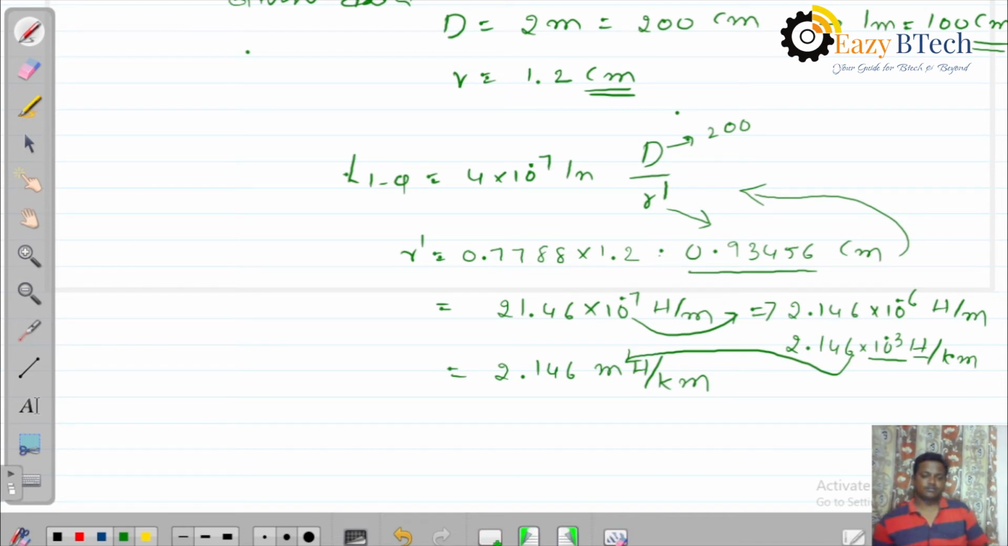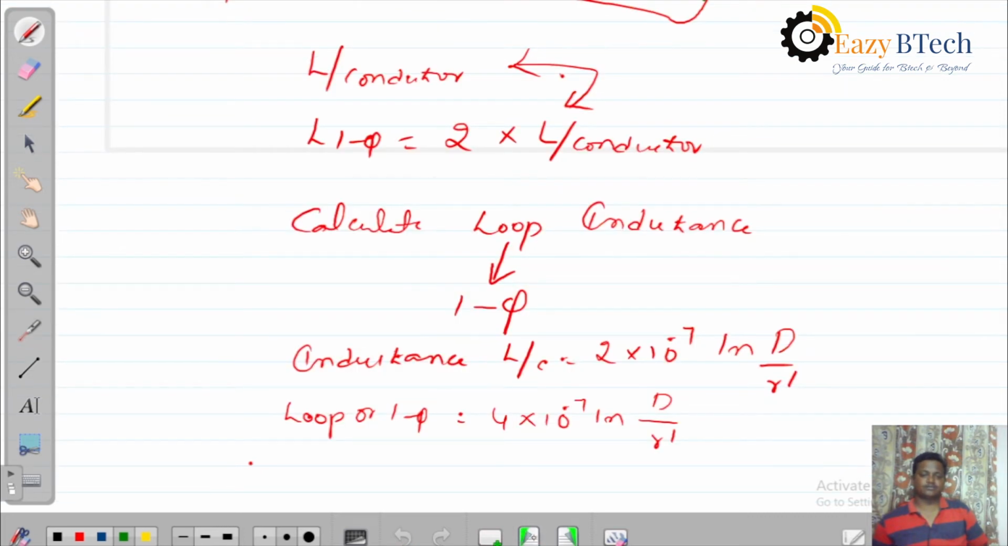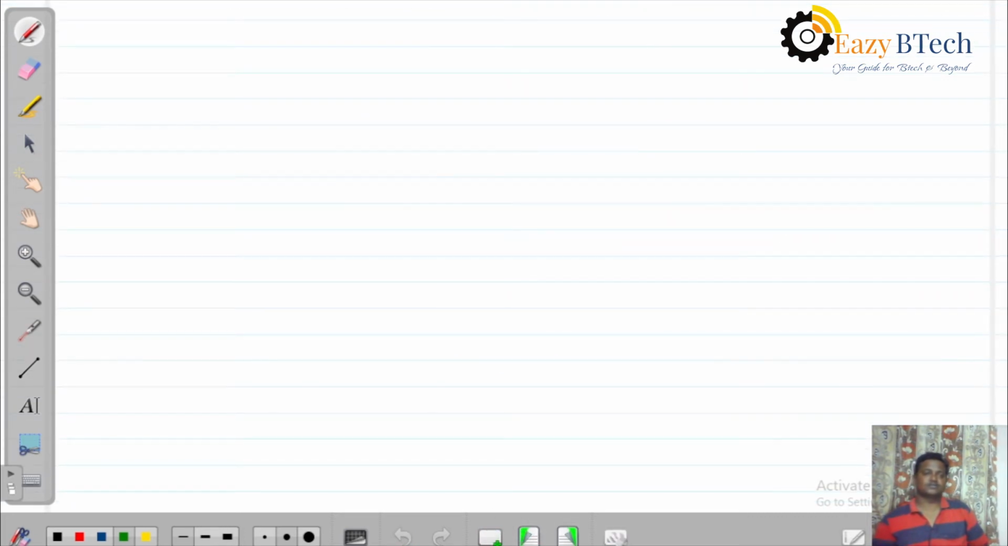Okay, now we will discuss another problem. I will give the problem, you calculate this one. The problem is: calculate the loop inductance of a single phase line